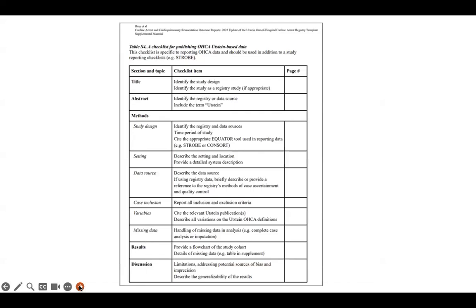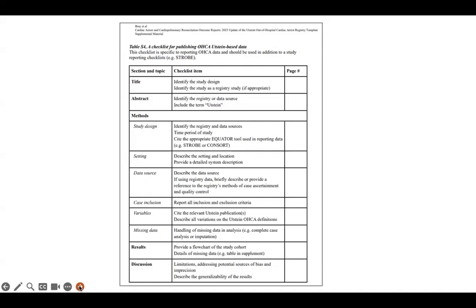And then finally, just as you would adopt a reporting checklist for a study design, whether it be an observational study design or a randomised control trial, we also see the importance of being transparent and consistent in the way that we report our EMS systems and our data collection methods. And so to try and reduce variability in the reporting of these methods, we've adopted a checklist. This is not a new checklist. This is a checklist that was also provided in the 2015 version of the Utstein template. We have also made some revisions to that checklist and provided this in the supplementary appendix for you all to use.